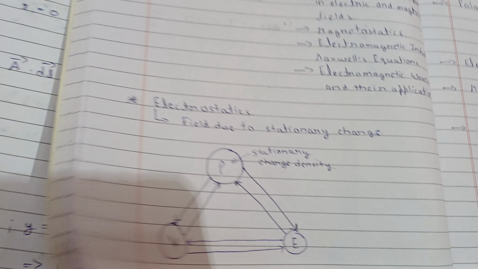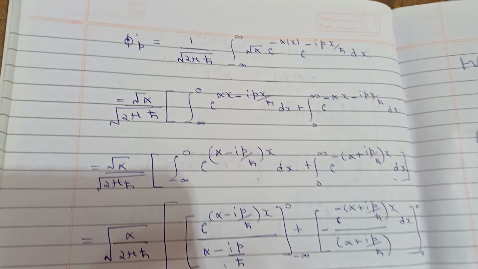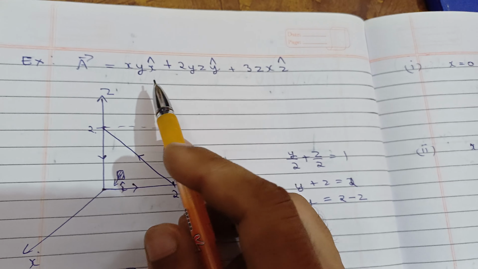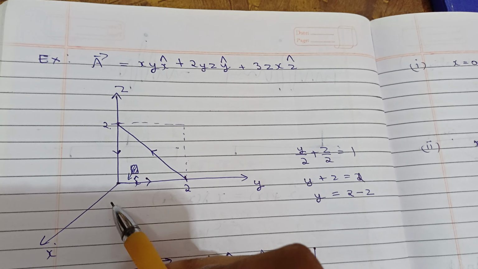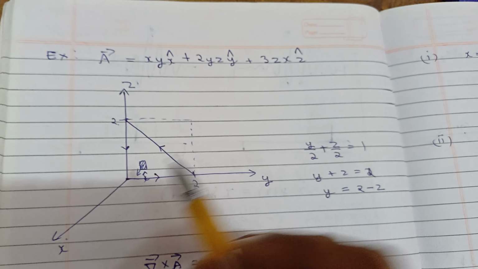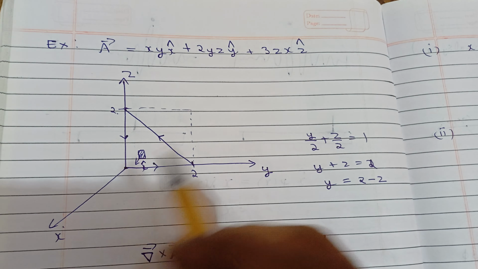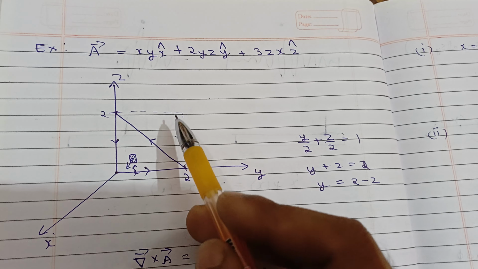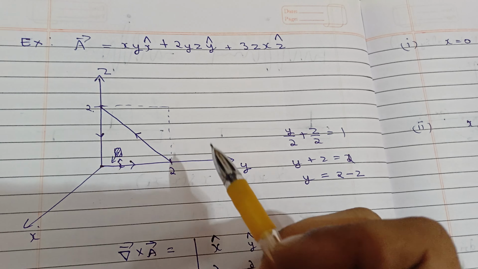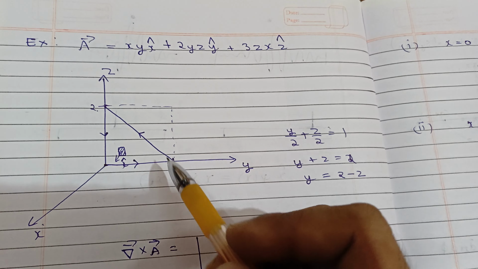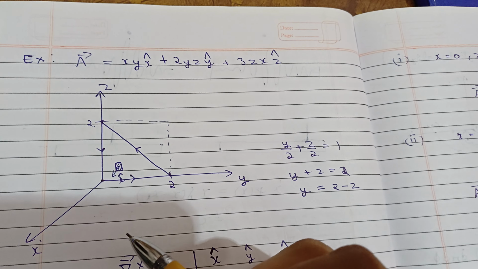Here, if A is given in this form, this is your Cartesian coordinates obviously, but this time the contour is given in some triangle form. So let's see how to calculate for this, because if this was a square as we discussed in the last example, x, y and z are independent of each other when they are perpendicularly varying. But see, now this is a line in the yz plane, so y is depending on the z. So how can we solve this kind of line integral?